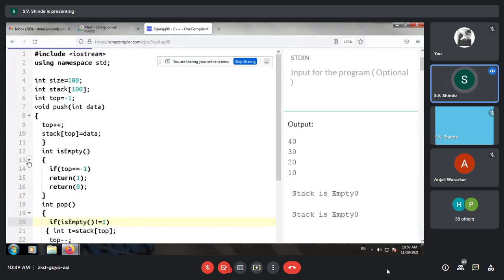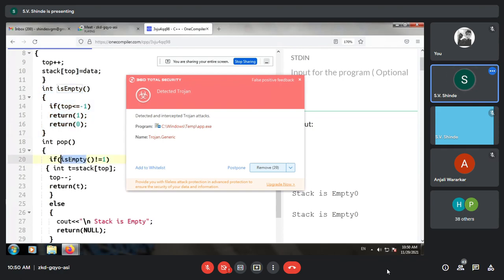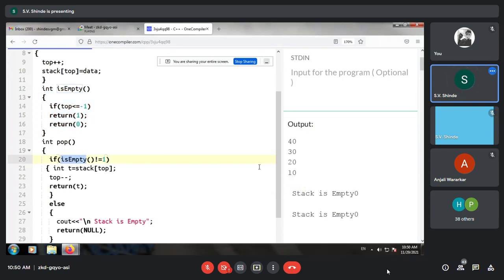So isEmpty is implemented: if top is less than or equal to -1, then it will return 1, else it will return 0. So before copying anything, we will first check that the data is available because the stack is not empty, and if it is not empty, then you can pop it.